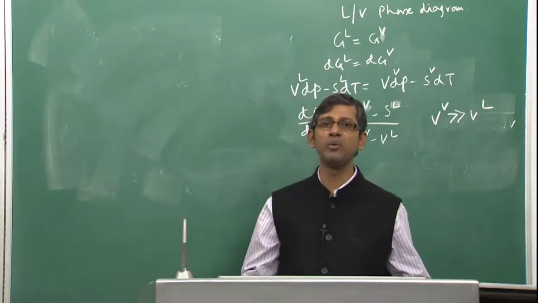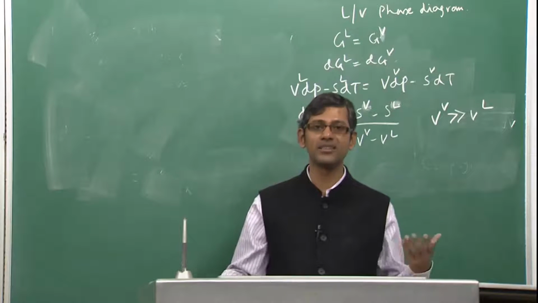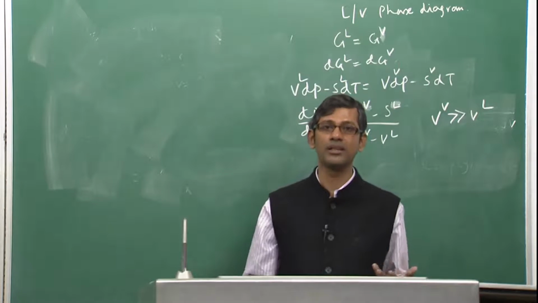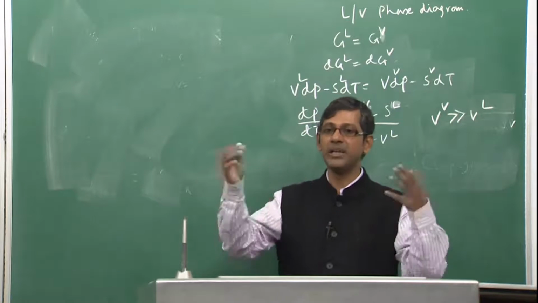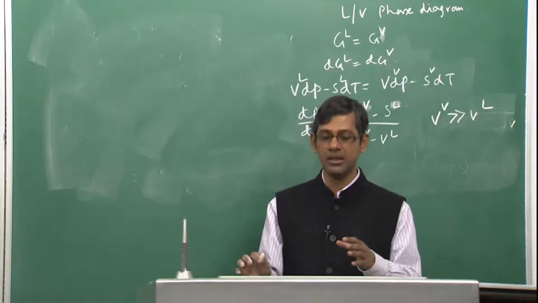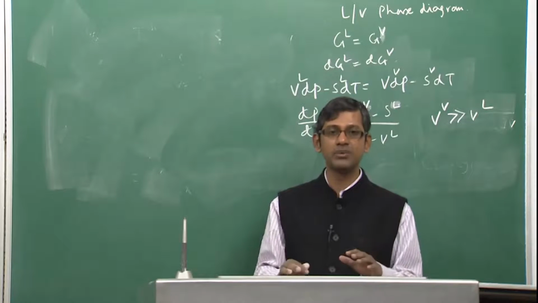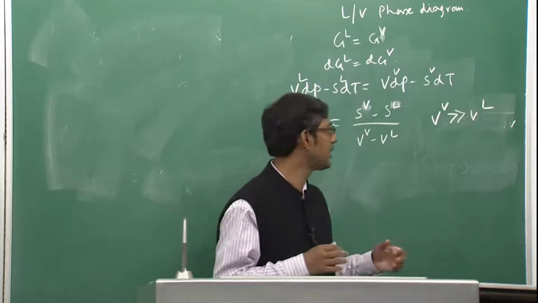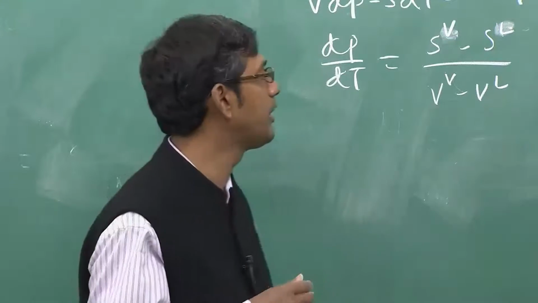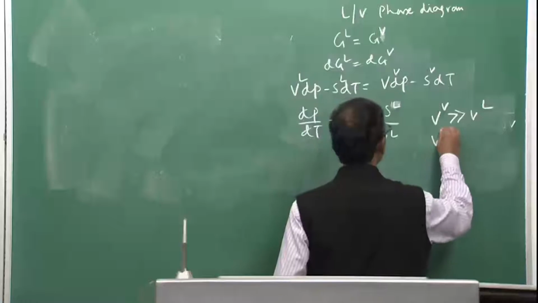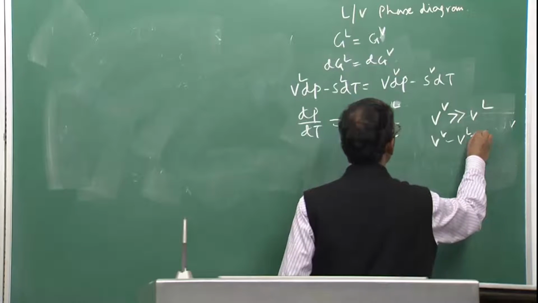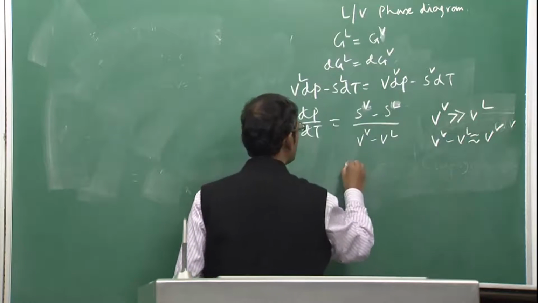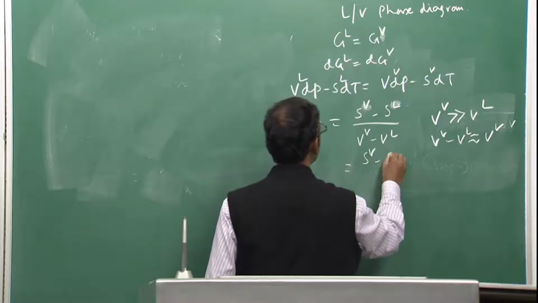Volume of the vapor will be the volume of the container minus the volume of the liquid which you are boiling, right. You could take a big container, put a small amount of liquid, when it boils, except the liquid wherever present, the whole volume will be occupied by vapor. So that means volume of vapor will always be much greater than the volume of liquid. So I can write down V minus VL is almost equal to VV. So that means this is equal to SV minus SL